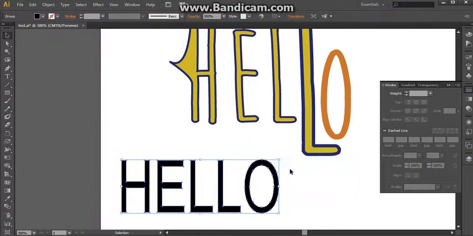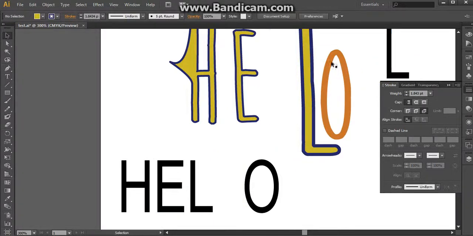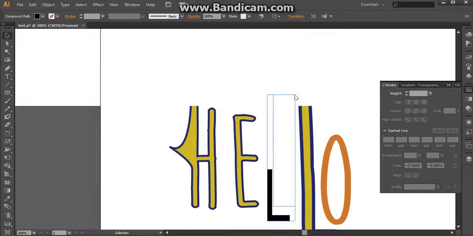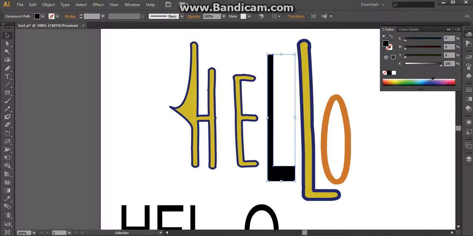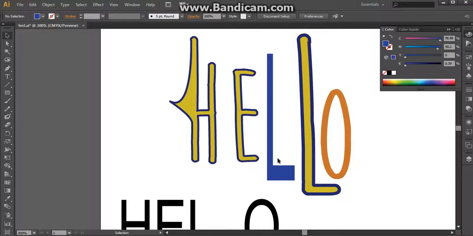I'm going to go create outlines, ungroup, and then maybe I decide I just want this L. I'll push delete to get rid of that, and I want a more structured L to go in there. Make it a bit bigger. I've decided that I'd like that to be maybe just the blue colour. So you can add in some different letters of different typefaces. That's something else I want you to experiment with. So one typeface,